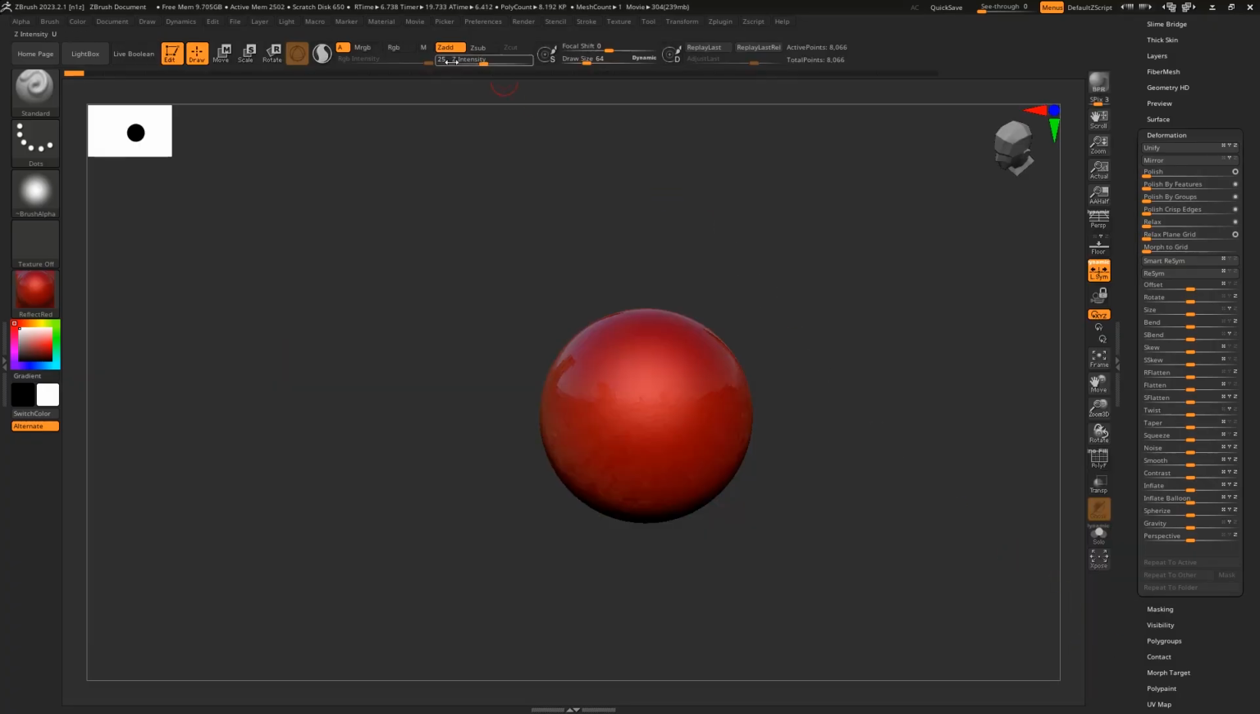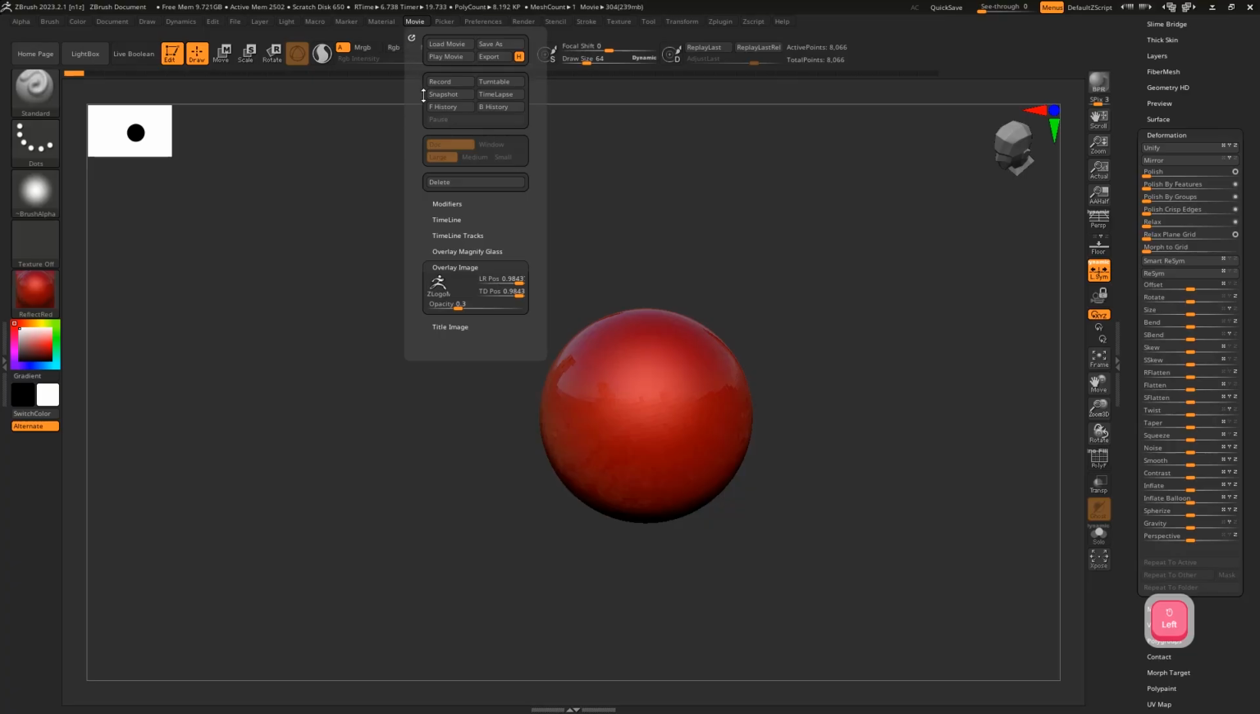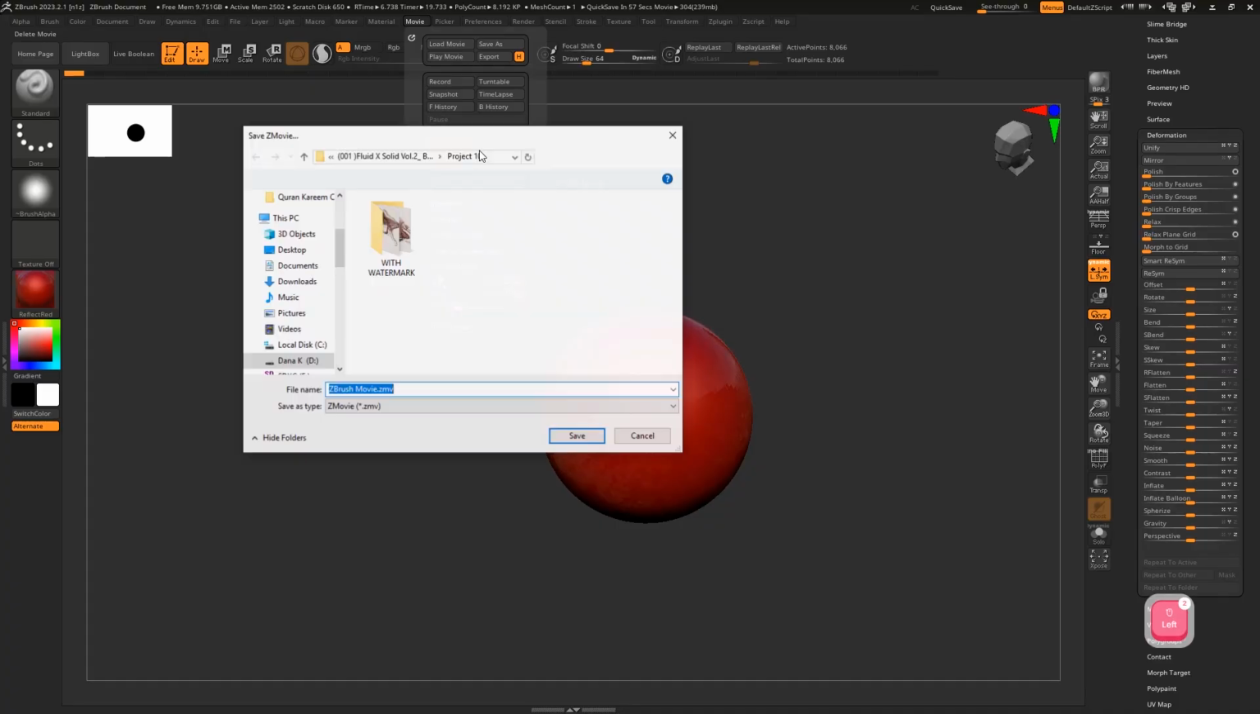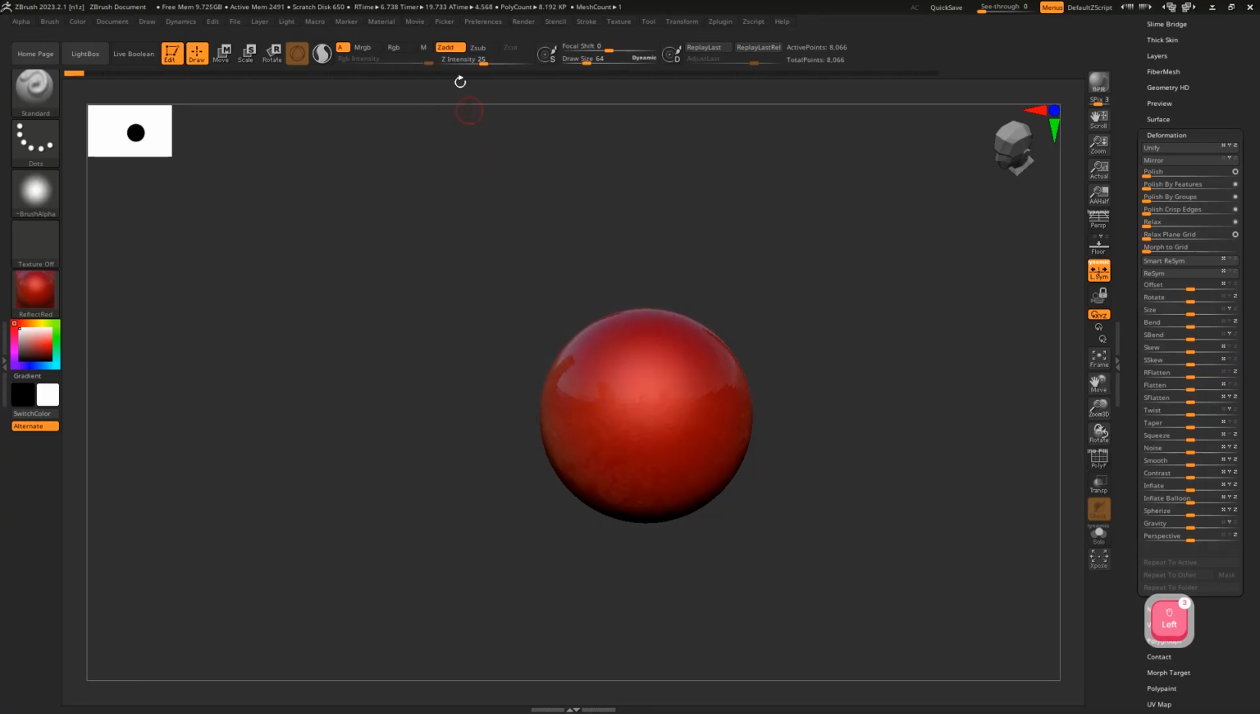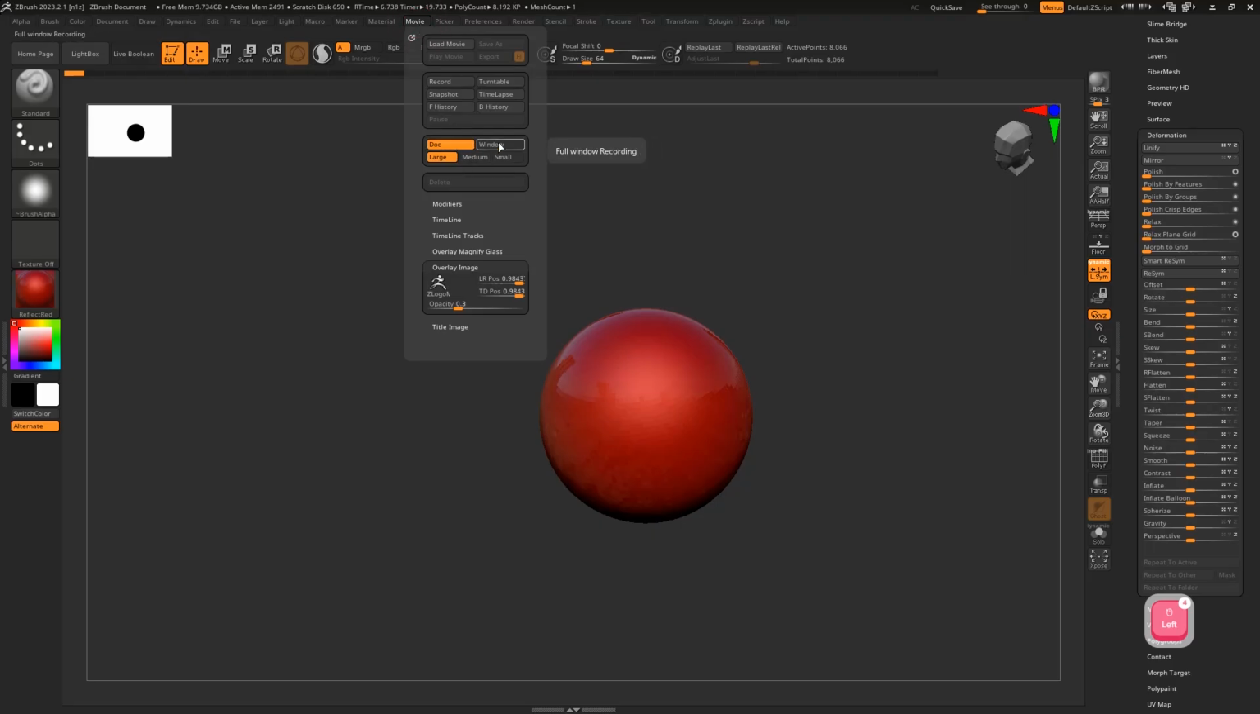Also, if you delete it, then you're just gonna delete all the recording things you've done. I'm gonna show you the window, so we just delete the movie, hit yes. Cancel, let's see. If you say window,